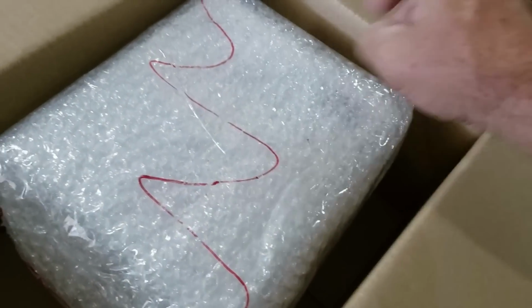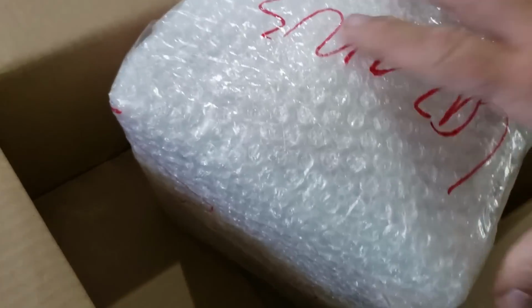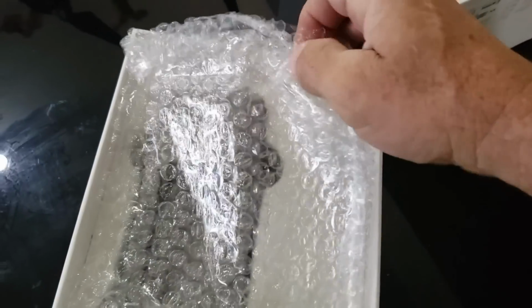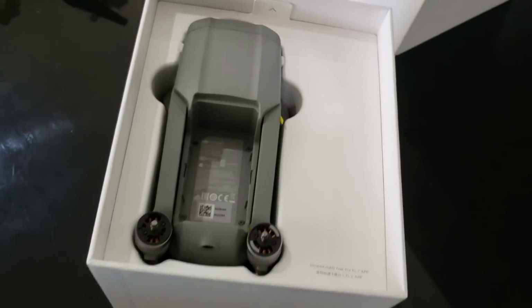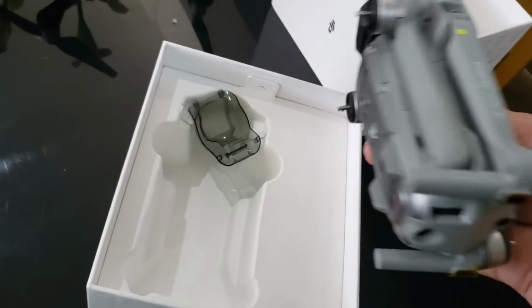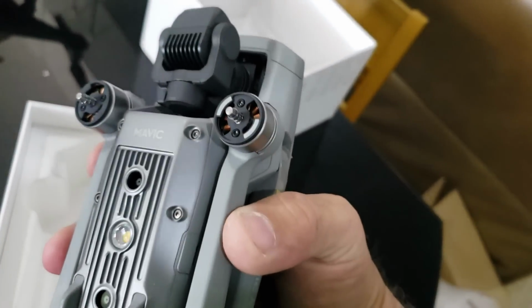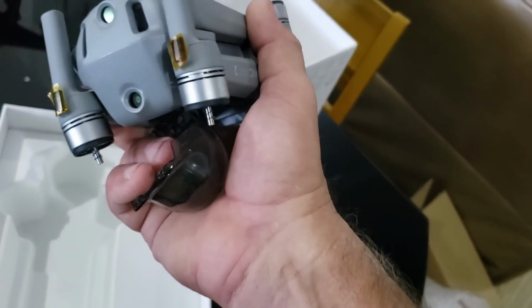So here it is, bubble wrapped inside. It's also marked to show that it's not been unwrapped anywhere. Okay, here it is. Okay, they added some bubble wrap in here. That's good. And here it is. The little cradle popped off the gimbal on there. Yep. So far, everything